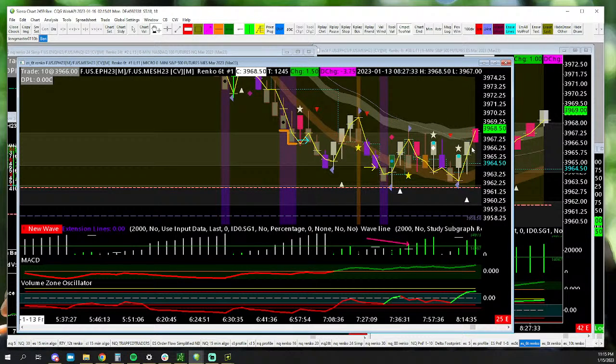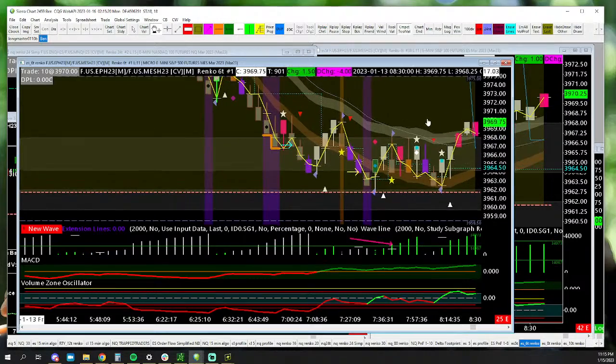Now, do we want to buy this? You have to ask yourself, do I want to be a buyer at 39.68.50? Where does my stop have to be? 39.60, right? It's not horrible, but it's pretty significant. That's a pretty big stop for me in ES. So I'd usually wait for a pullback, but I do identify that this is starting to look bullish, right? I'd love if they give me a pullback here.